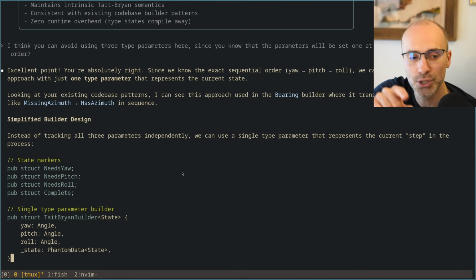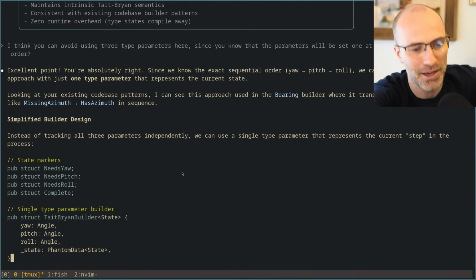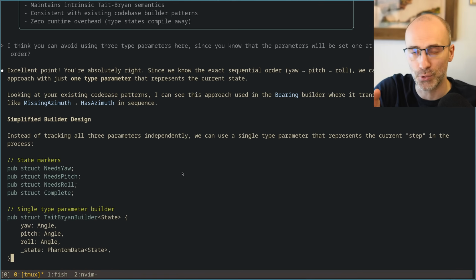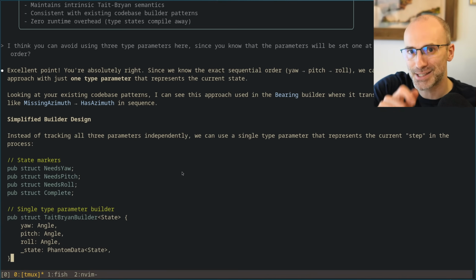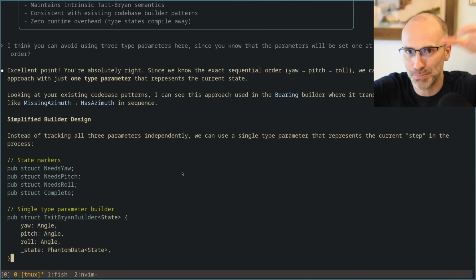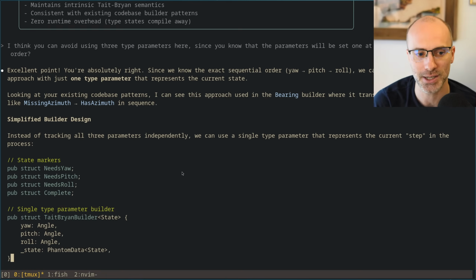So this is actually a really good example of where the saving grace, I think, for these systems is that while it has never seen the overall thing I'm trying to achieve before, so it can't one-shot solve the thing, it has seen examples of type state patterns, it has seen examples of builders, and it has seen examples of type states where you need one more field to be set. And so as long as I can tell it which patterns to combine, then it can construct my final outcome that I want. But it does mean that I need to do a decent amount of prompting to get it to figure out which patterns to replicate.